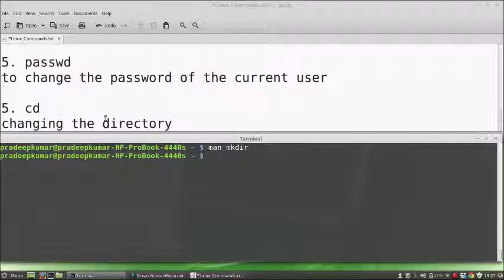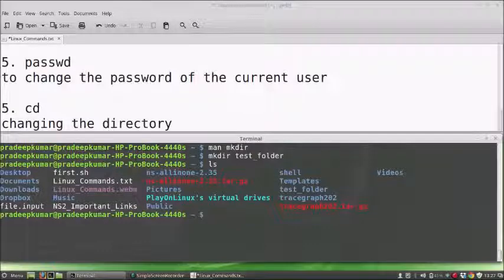Now if you want to create a folder, I can create it with mkdir test_folder. Now when I type ls, I can see whether test_folder is created or not. Here I got my test folder ready. If you want to move to that, I will go to cd space test_folder. But I need not type everything, test_folder, every time.